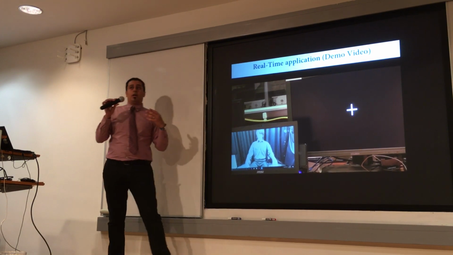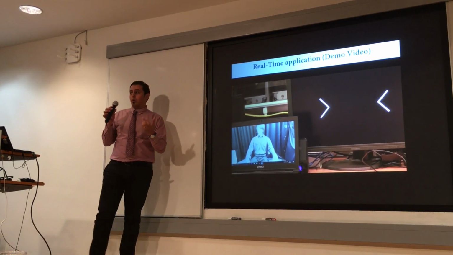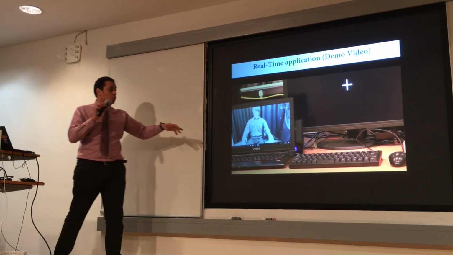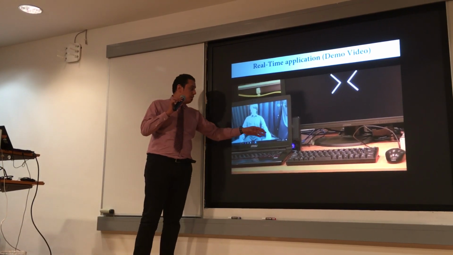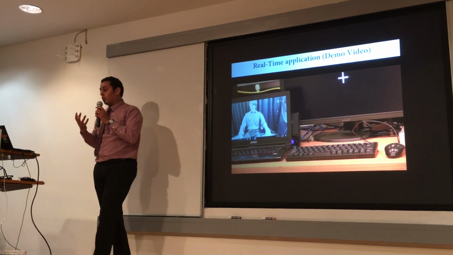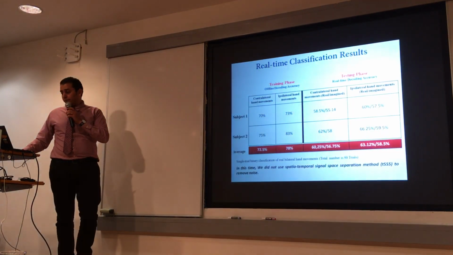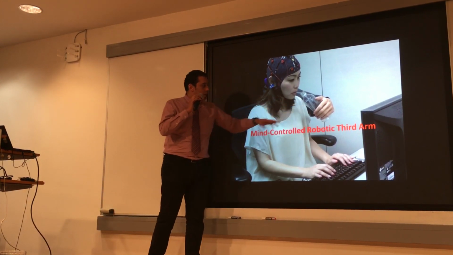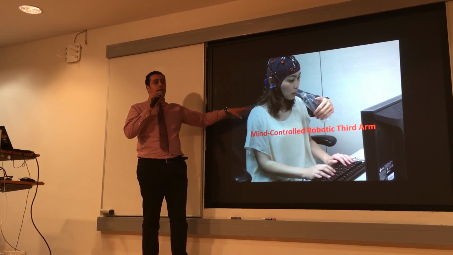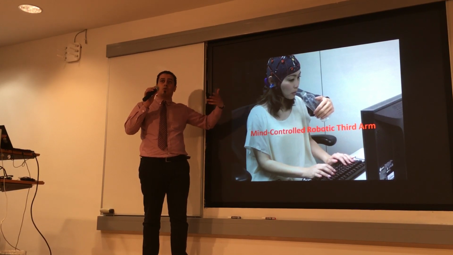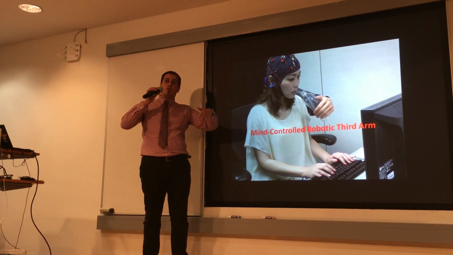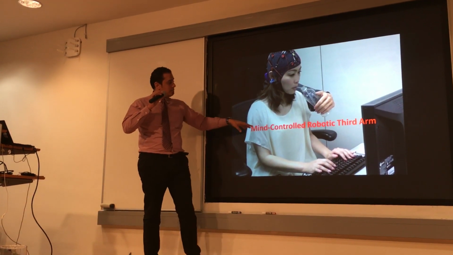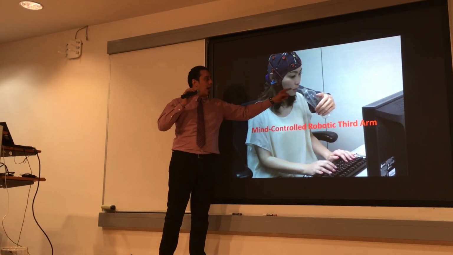So now, okay, we understand what is going on when someone moves his bilateral hand, and we succeeded in controlling a human-like robot, both hands. So our goal was always to control the third arm. This one also was in ATR, in collaboration with Professor Ishiguro and also Professor Nishu. So they realized this mind-control robotic third arm.